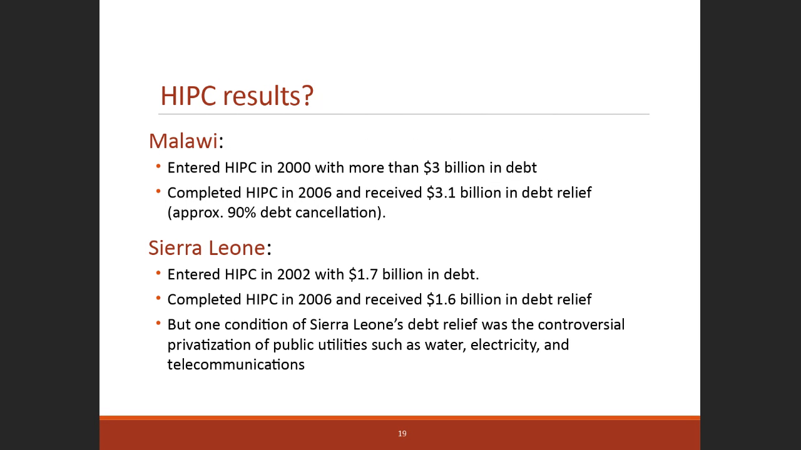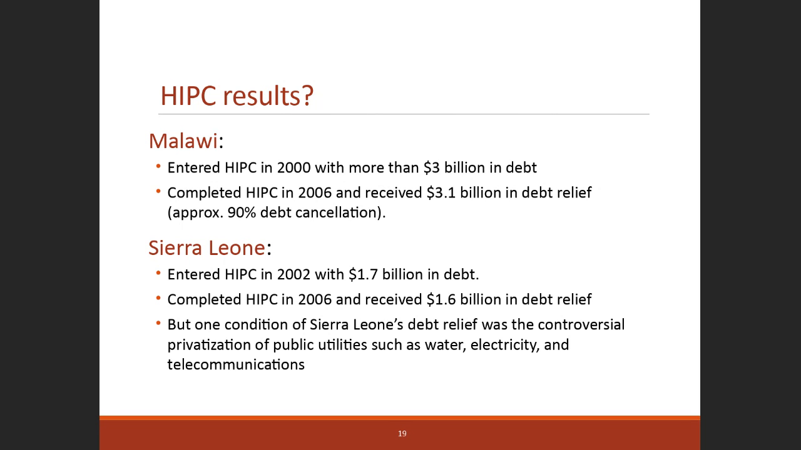And then 2 other countries that have gone through the HIPC project include Malawi, where they had about $3 billion in debt. And by 2006, so they did a 6-year HIPC project, right? So they took that $3 billion, or they took their debt repayment on that $3 billion. And over that 6 years, they invested in a variety of projects in the country, and then they received debt